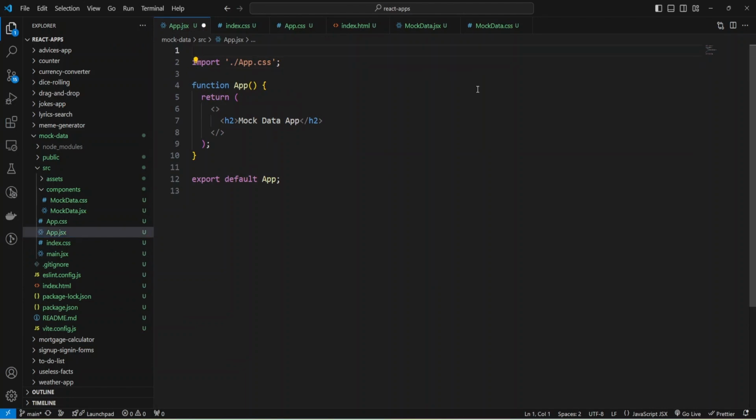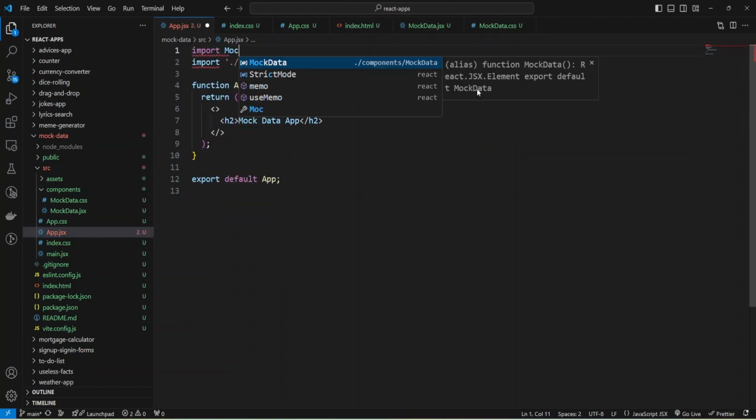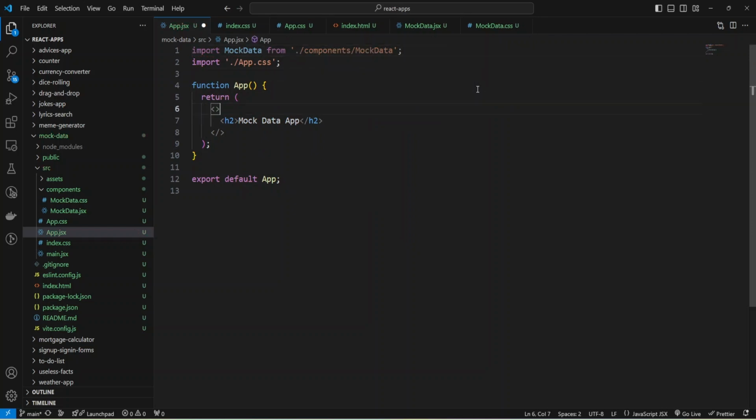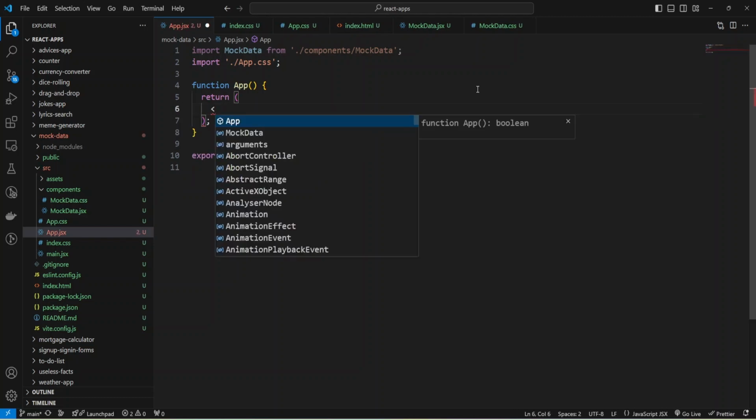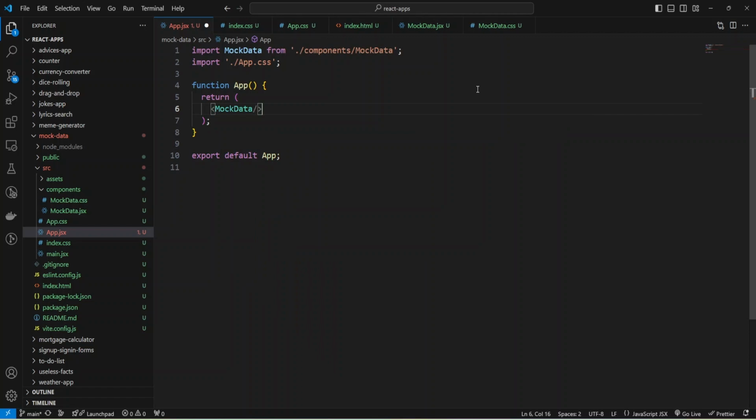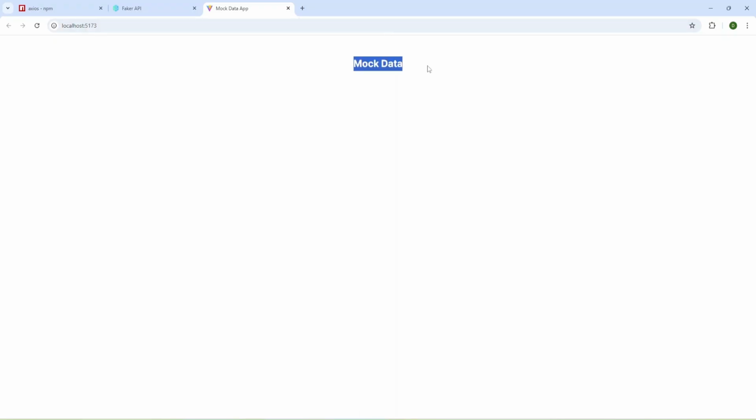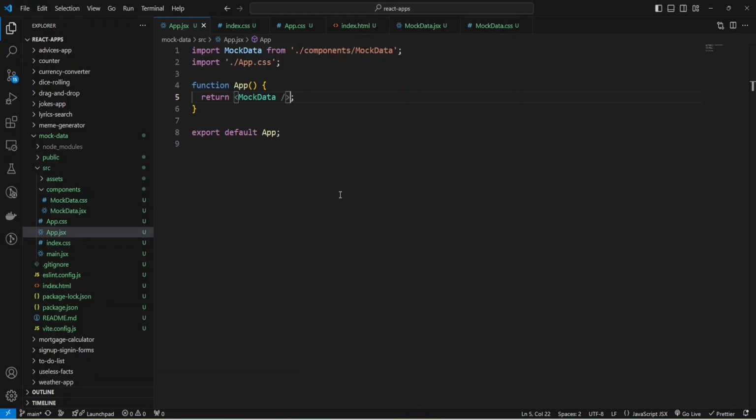I'm going to import MockData and replace this code with my component, and just add my component MockData. Let's check what we have. We have our h2 tag, and let's build our application.